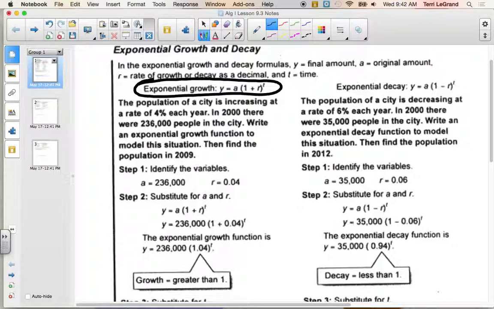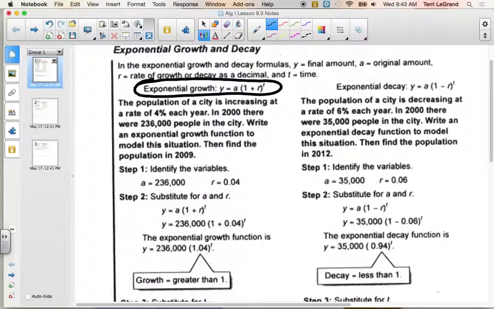to the t power. Now, if you note right above that, in that sentence above, it tells us what all those variables are representing. So y, the beginning of the equation, is representing the final amount, how much will you have after a certain given amount of time at a certain rate. A is the original amount, how much did it start at, whether it's money or number of people or whatever it is. The r is the rate of growth or decay, which is going to typically be given to you